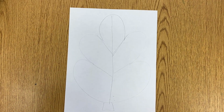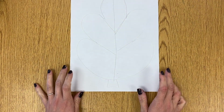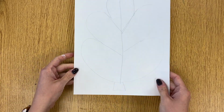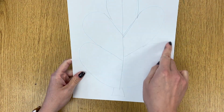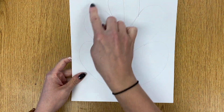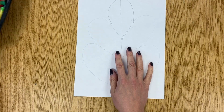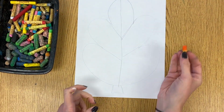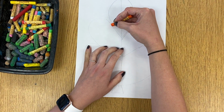All right, guys, today we are making our fall leaf with hot colors and cold colors. You are gonna get a piece of paper with a leaf drawn on it for you in pencil. So it might be kind of hard to see on the screen, but this is what it will look like. Then you're gonna choose a color to trace over your pencil line, and it can be any color of oil